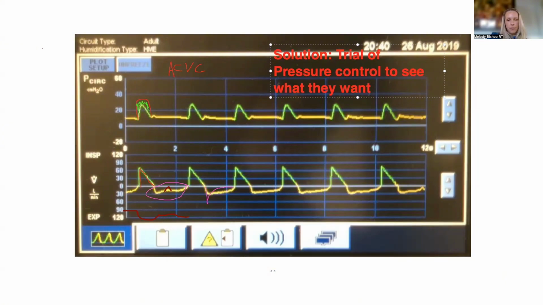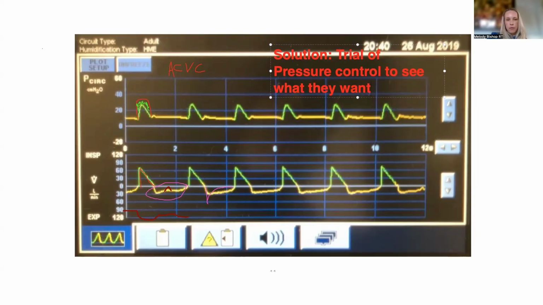Which essentially are the same. So for me, if I switch the patient to pressure control, and I do this all the time, honestly, because usually if you made me guess, I would say this is a patient with probably emphysema who gets put on volume control and gets tied to a volume that is like 6 cc's or thereabouts, like 450 or something like that. And then they get super tachypneic.